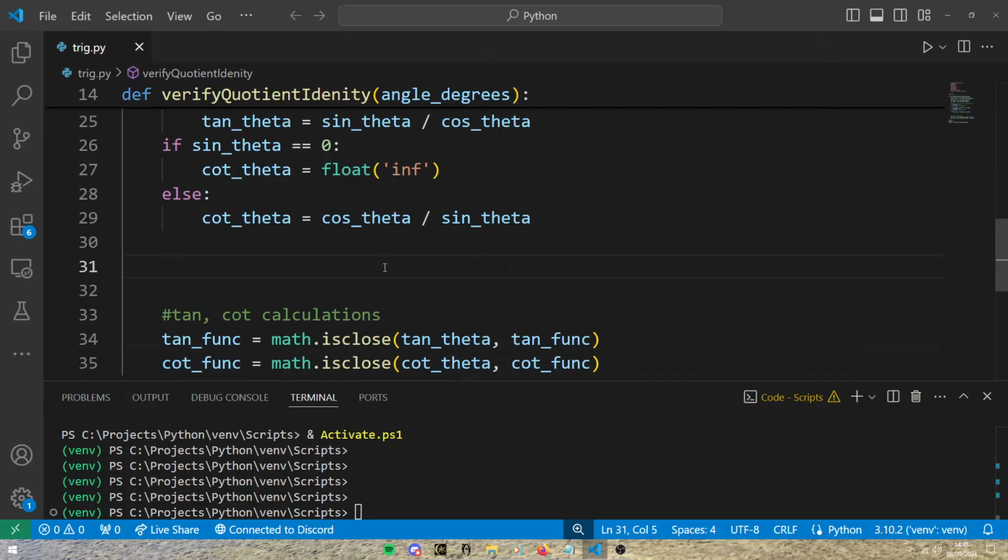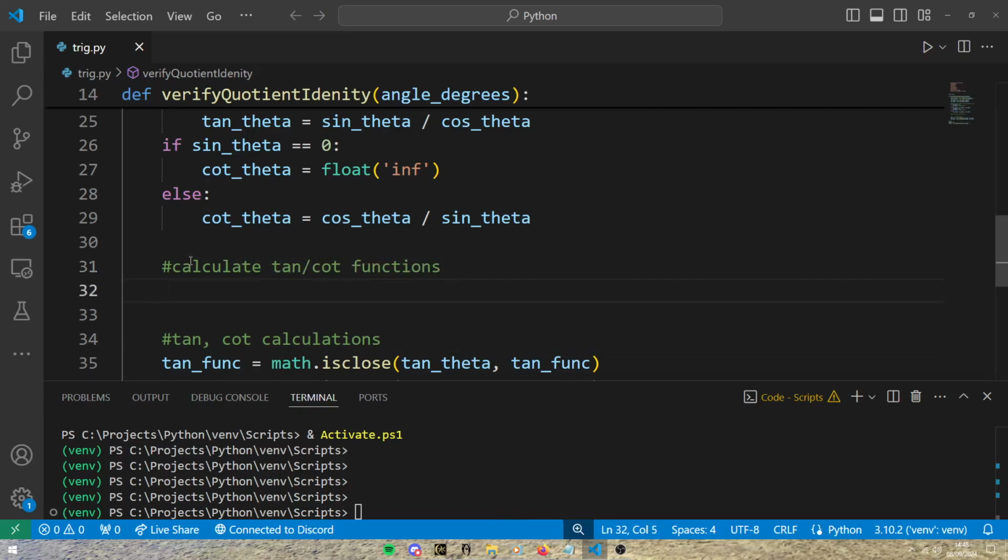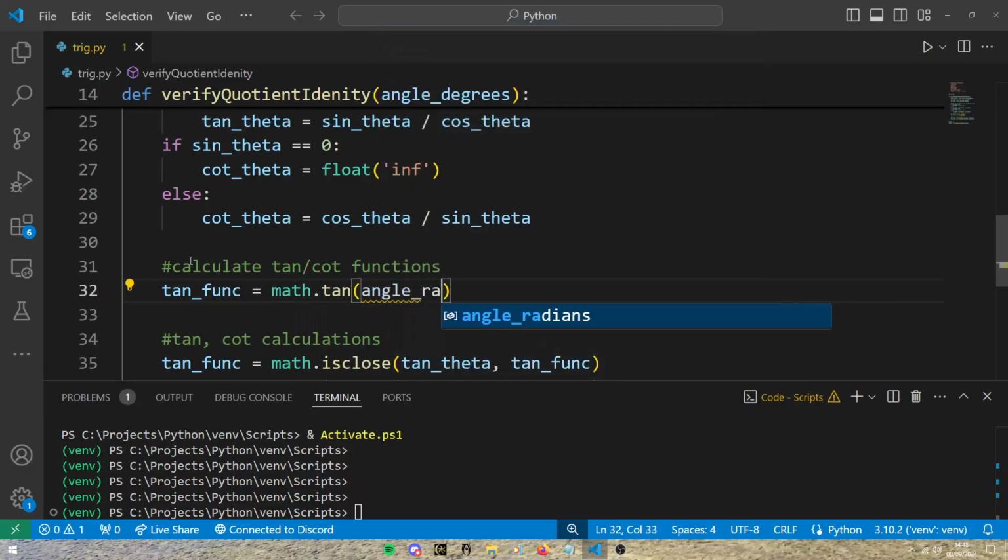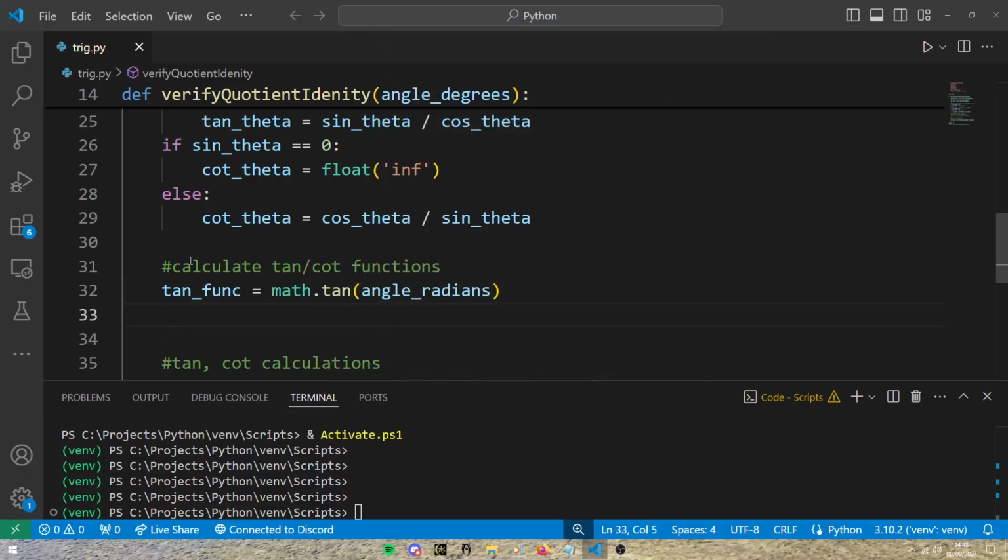And then next we calculate these functions. And in our calculations, we're going to use the math.tan for tangent, and we're going to pass in our angle radians. And for our cotangent function, we're going to grab